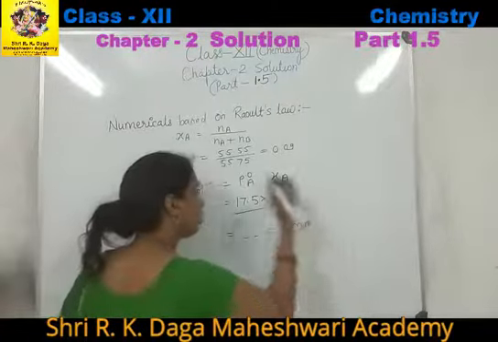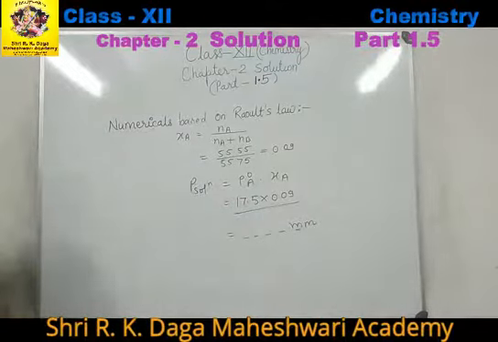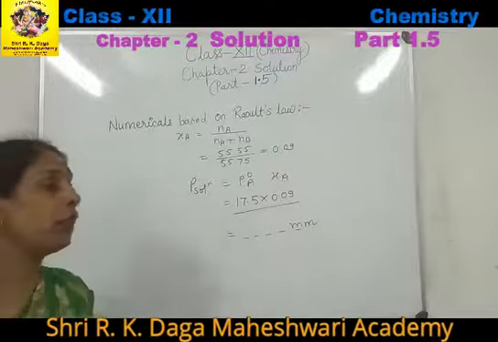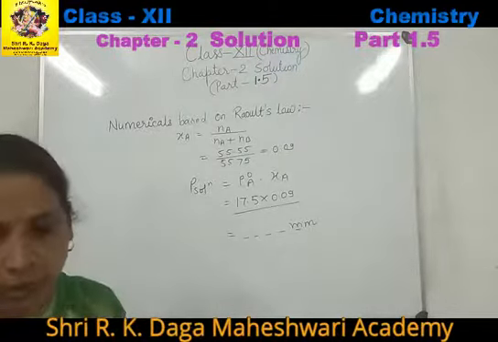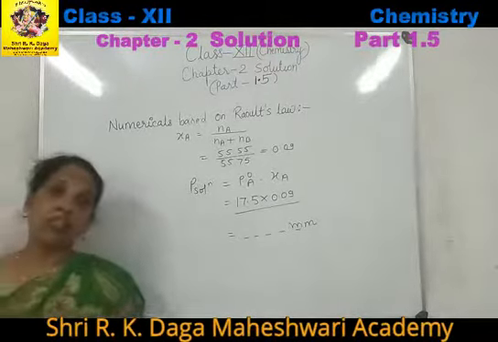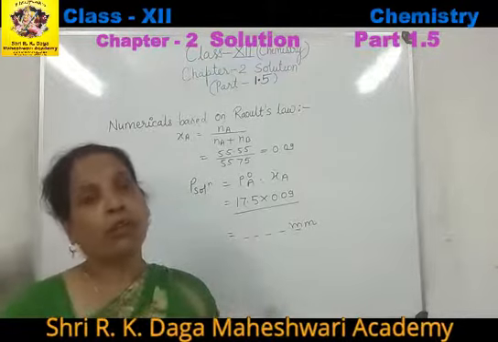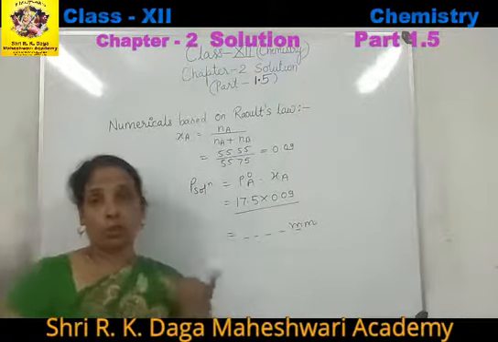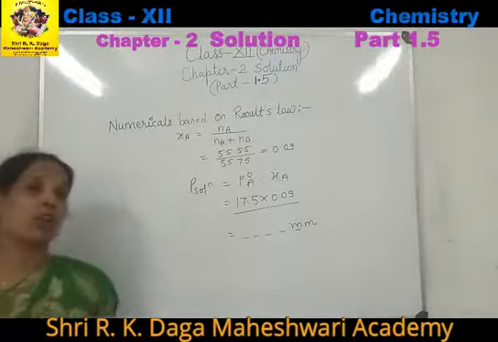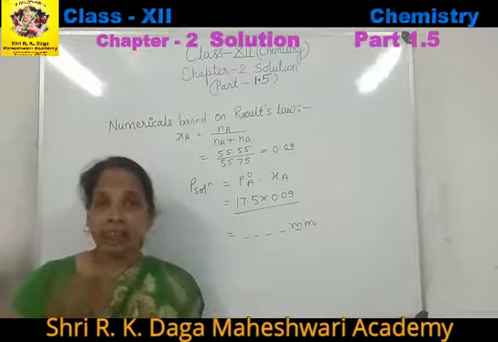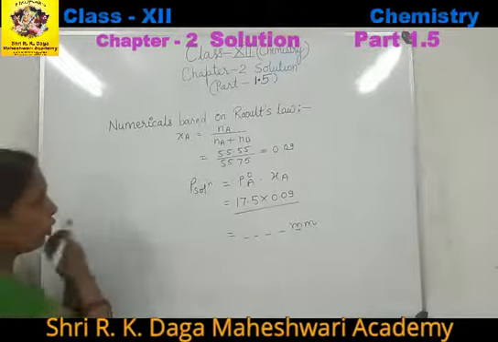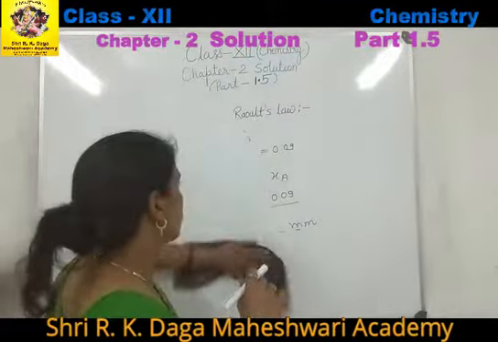The unit of the vapor pressure of the solution will be millimeter. So in this way, we can calculate the vapor pressure of the solution on the basis of Raoult's law. Two conditions should be there. If they are talking about two components and the vapor pressure of both components is given, it means both components are volatile. So we will apply Raoult's law for the solution containing a volatile solute. But if two components are mentioned, but only the vapor pressure of one component is mentioned, then under such a condition we will apply Raoult's law for the solution containing a non-volatile solute. So these are the numericals based on Raoult's law.